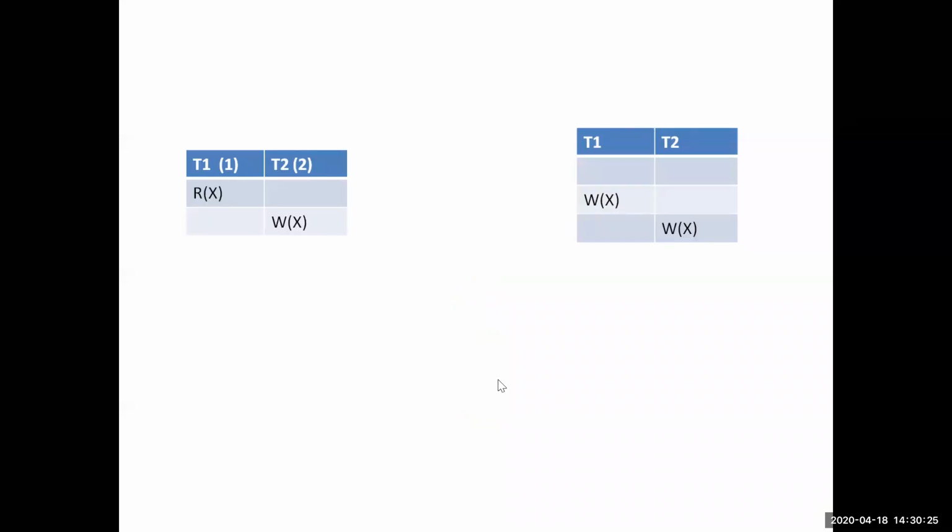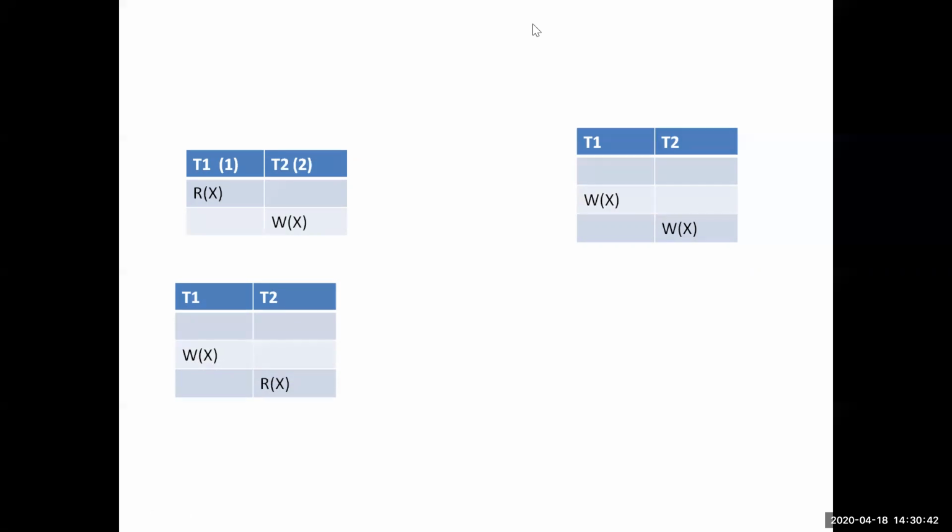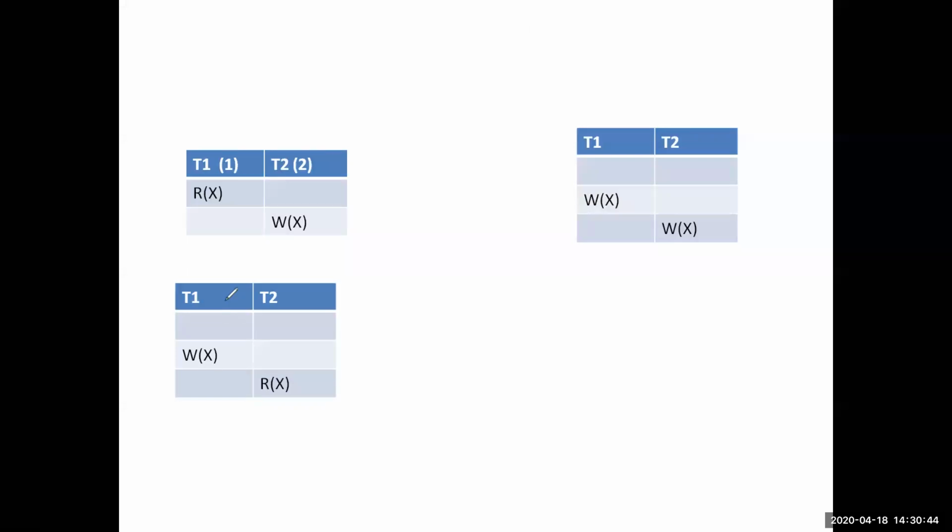Let's say the third example. Read-write was a conflict, we checked, it is executing. Write-write was a conflict, we checked, it was executing. Now the third case is write-read, which is again a conflict case. We will check for that also. For this write part, I am considering here it is 1 and here it is 2. For that, I need to check all the rules of the timestamp protocol.